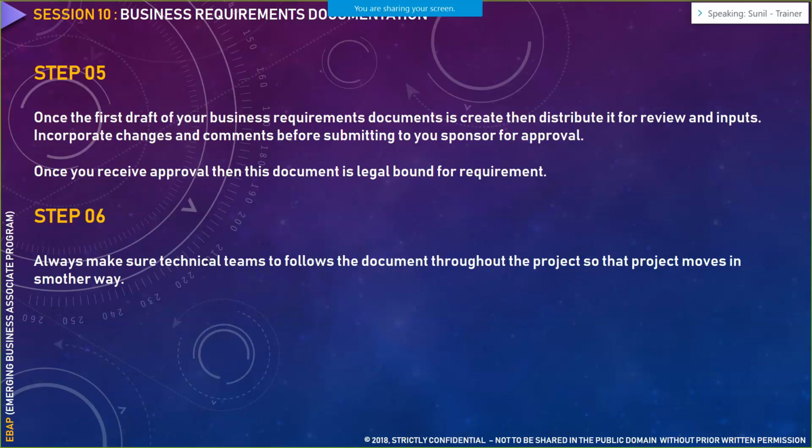Never expect that whatever BRD you have written would be approved then and there itself. There would be multiple rounds of approval of that particular BRD, and there would be multiple changes requested in it. I have seen business analysts creating nearly 25 to 30 versions of the BRD within 3 months. Why? Because there are multiple requests being made to update that particular BRD. And when you are updating a BRD, essentially you are creating a draft of it. What is that draft? We have already discussed.